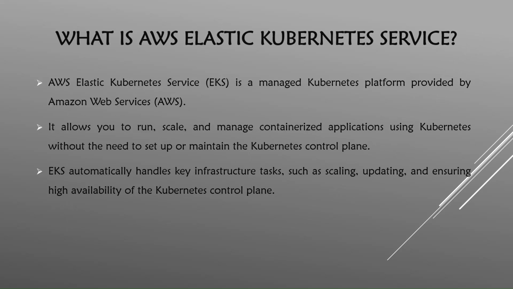So, what is AWS Elastic Kubernetes Service? It's a managed Kubernetes platform provided by Amazon Web Services. It allows you to run, scale, and manage containerized applications using Kubernetes without the need to set up or maintain the Kubernetes control plane. EKS automatically handles key infrastructure tasks such as scaling, updating, and ensuring high availability of the Kubernetes control plane. And it also integrates seamlessly with other services like IAM, VPCs, and CloudWatch, enabling secure, scalable,